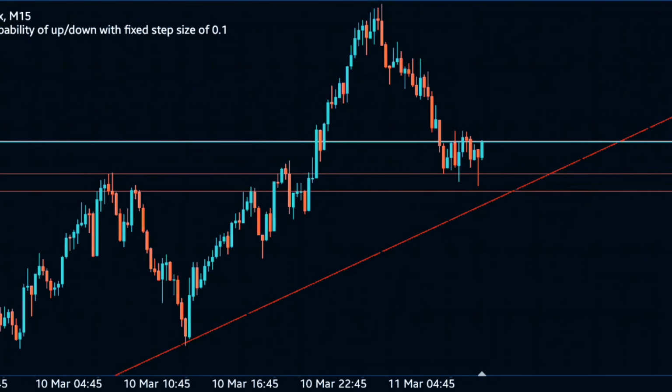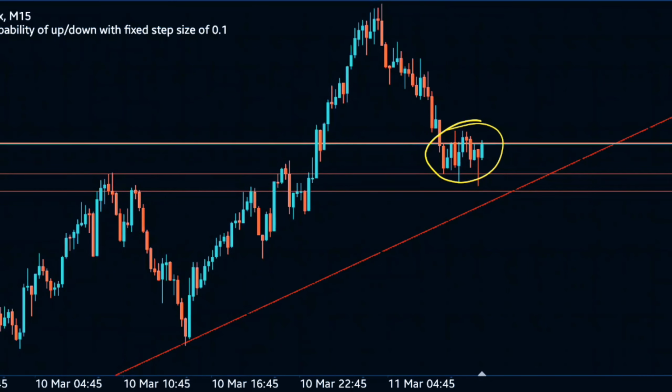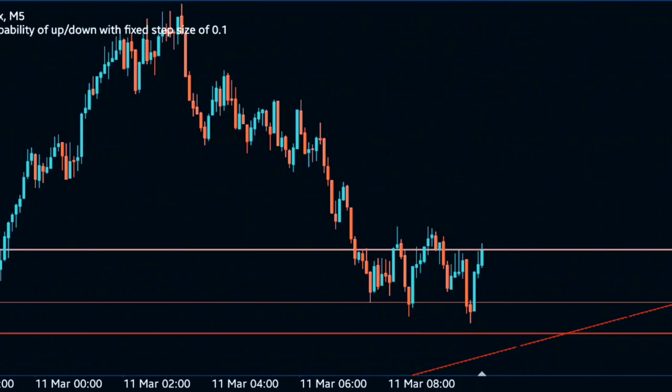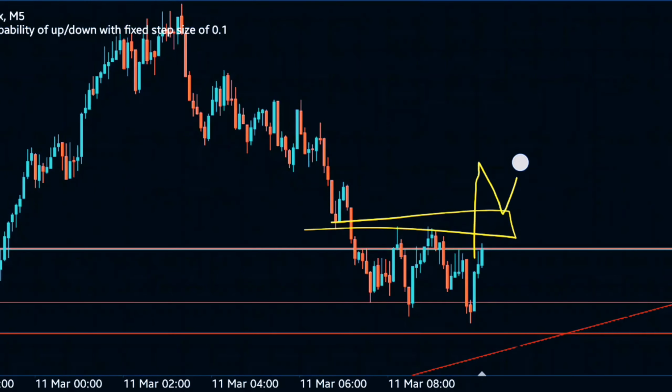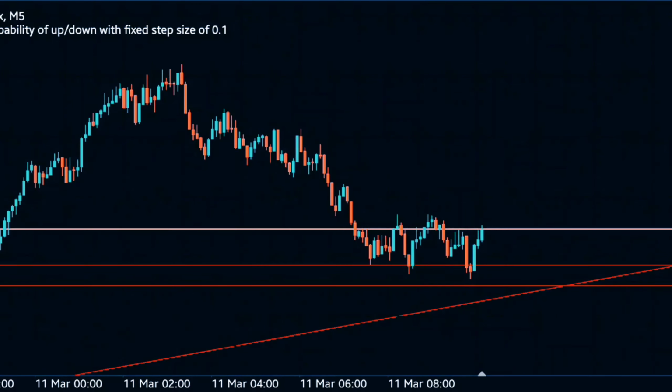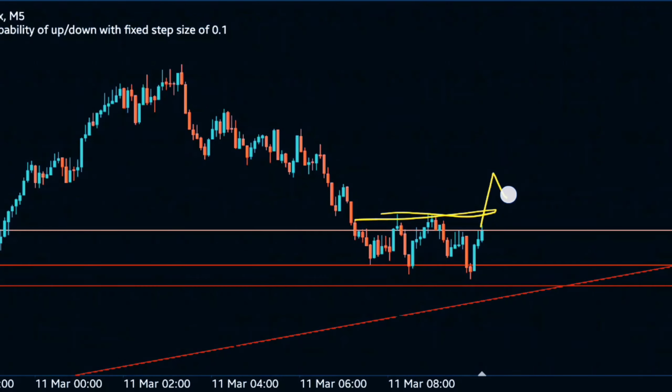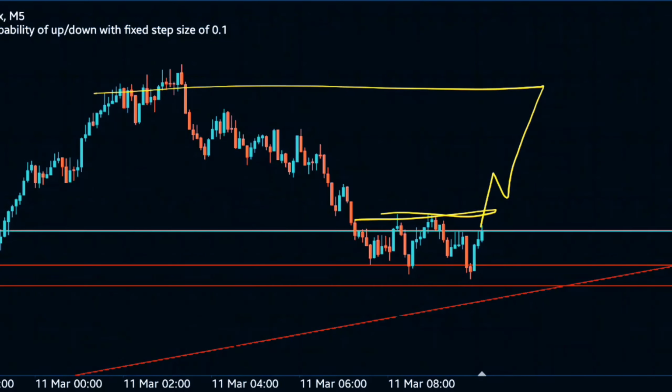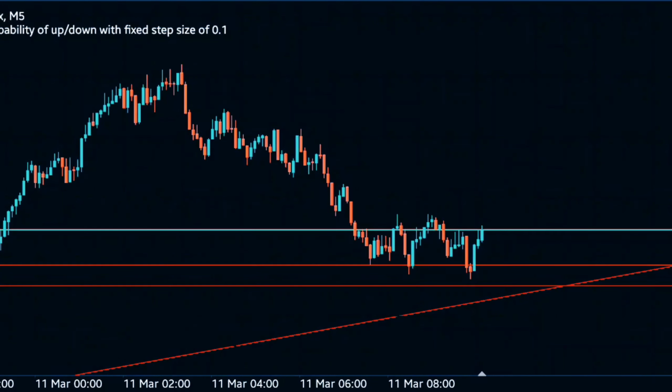So 15 minutes, we are seeing this still bullish. We are currently testing the support area. Then 5 minutes, like I said, this is where I'll be looking to take my entry. All right, comes a bounce, I could take it all the way from here, bounce all the way to here. That would be a good one. So that's on Step Index.